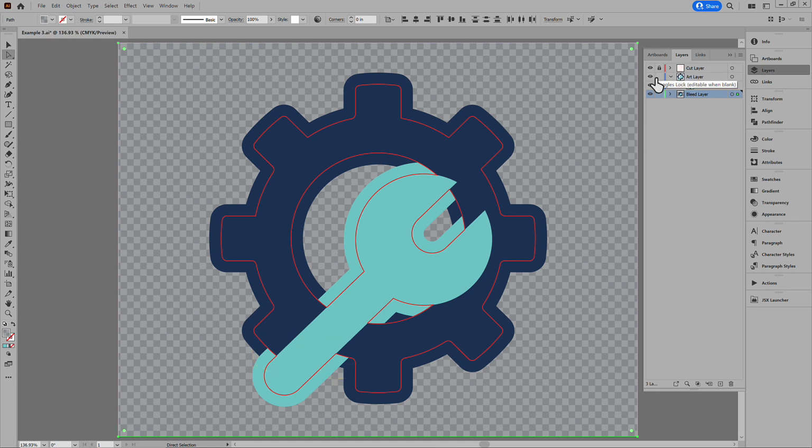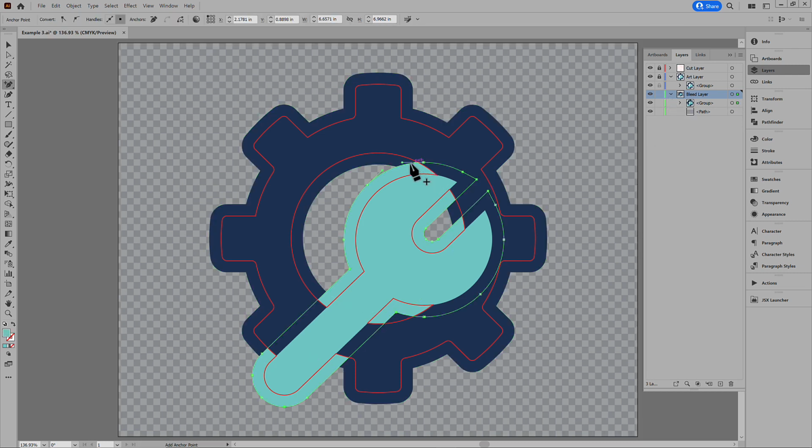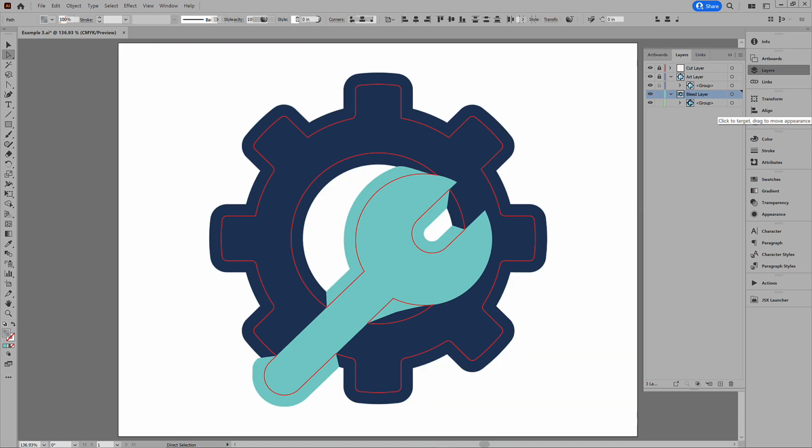I'll lock the cut and art layers and edit the bleed layer. What I'm doing is altering the bleed layer so that where colors intersect, we share the bleed between the two. One isn't taking it all. That should work. Then delete the background. That was just to demonstrate. And the art is ready to output.